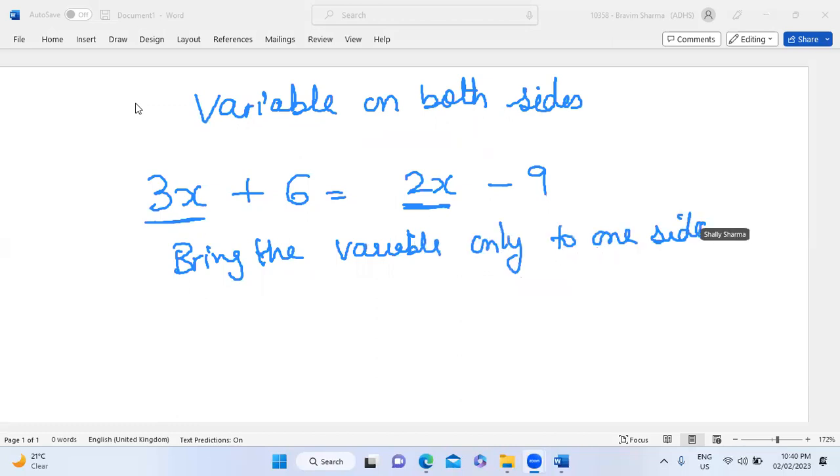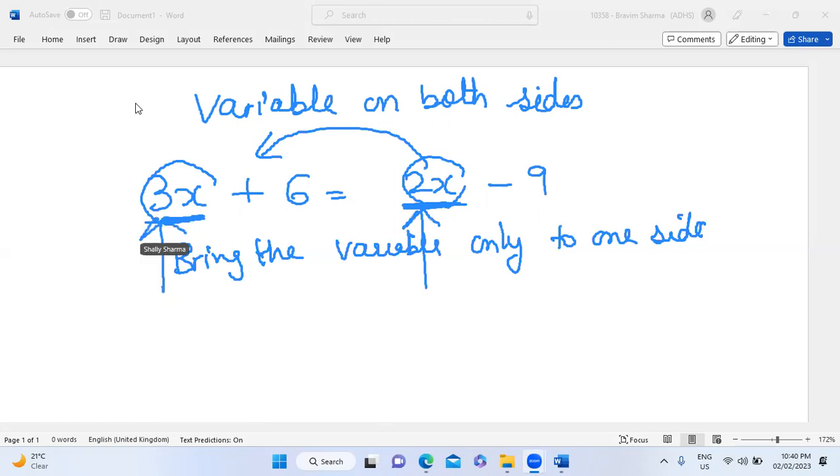So what we can do for that, like here it is 2x, so you can bring it to the other side. Or we can say whichever is the smaller of these values, like 3x is given and 2x is given, we cannot say small, but just look at the coefficient. Whichever is the smaller coefficient, you just subtract it. For example, we have 3x and 2x, we have to remove one of them. So we prefer to remove the positive one, because by doing so, we have one term as 3x and one as 2x. If I will be subtracting this one here,